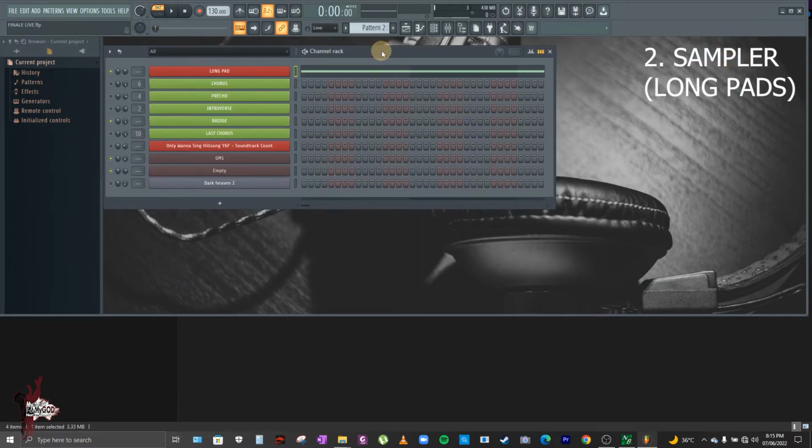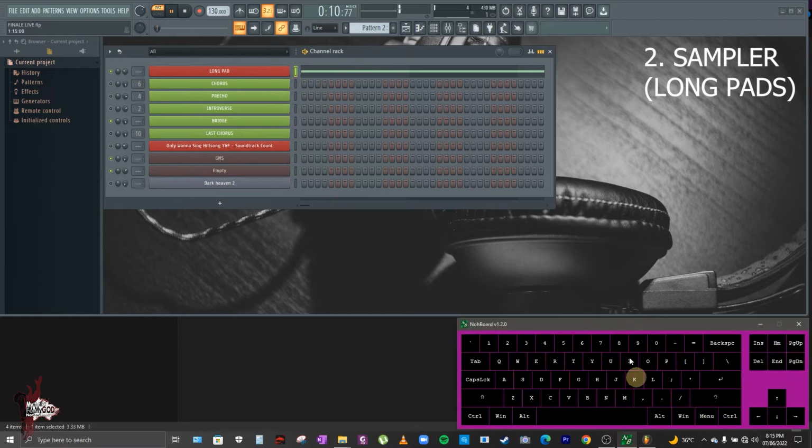I'll just click spacebar. Just lower the volume. Then while it's playing in the background, I can already play the FPC pads as well. For example, let's play the verse.